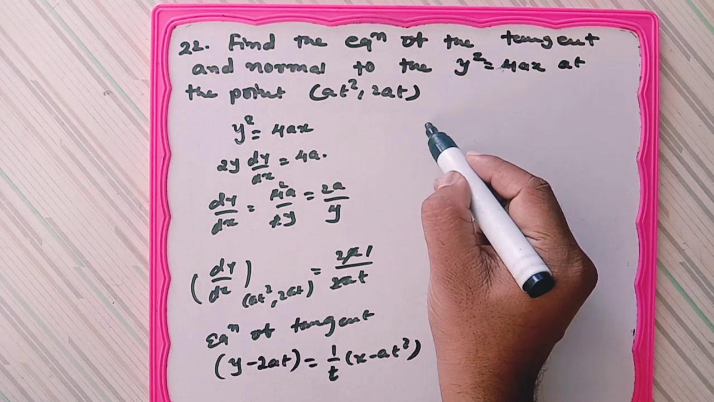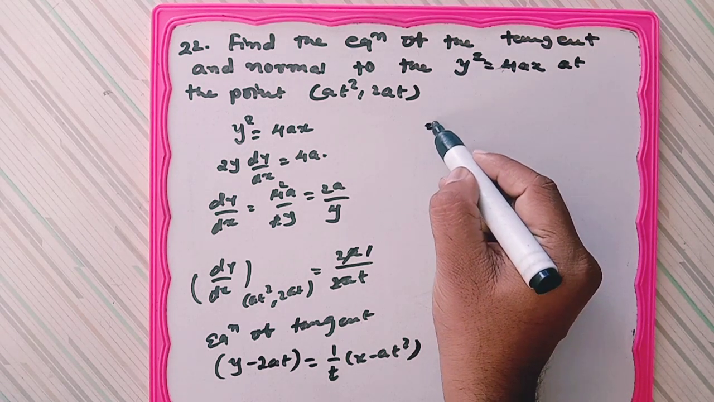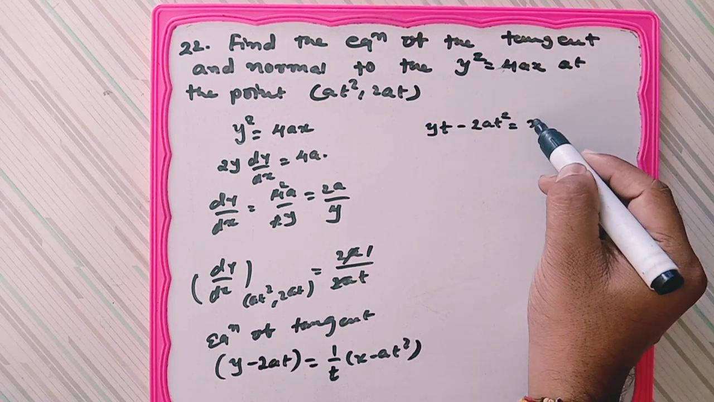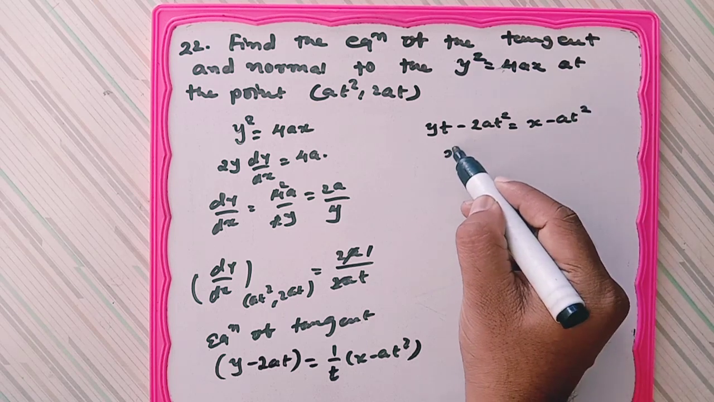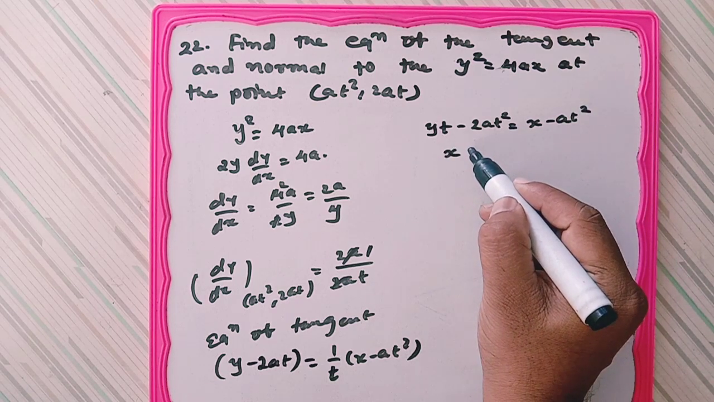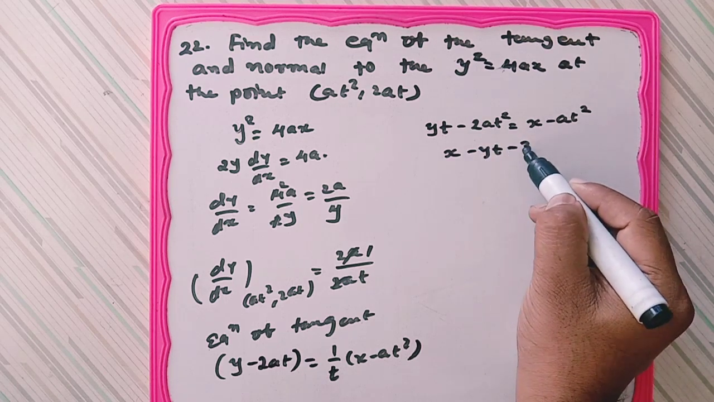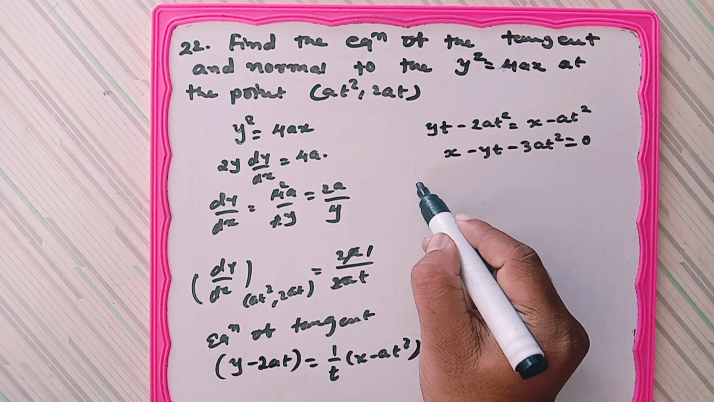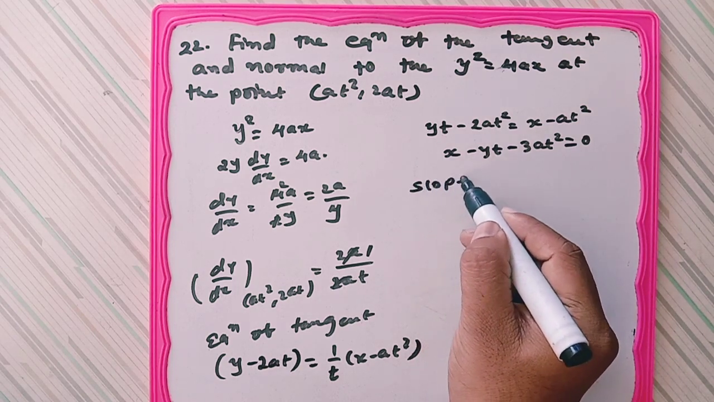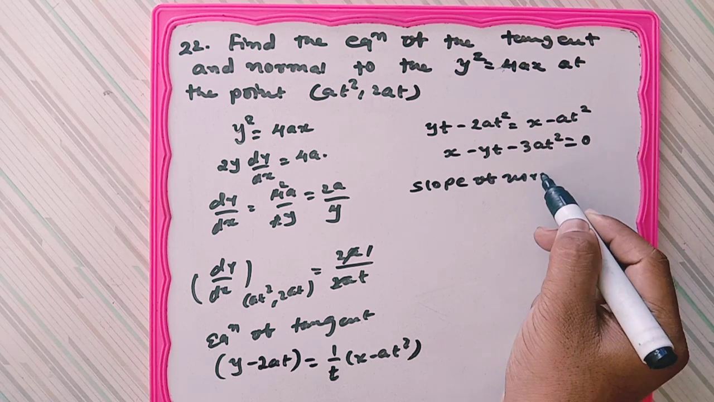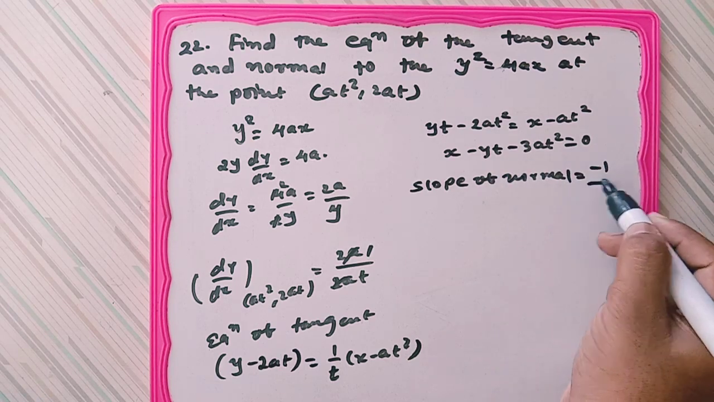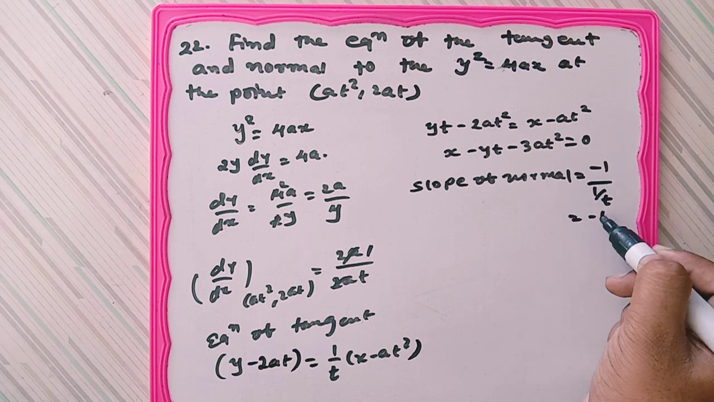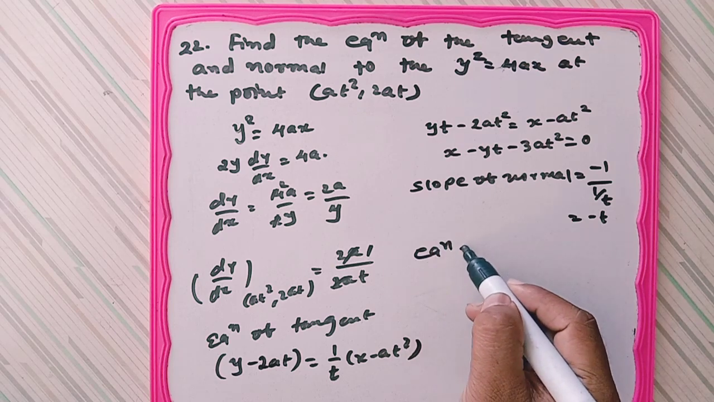So we can simplify (y - 2at)^2 = 4a(x - at^2), so x - yt - at^2 = 0. Now for the slope of normal, minus 1 upon slope of tangent means minus 1 upon t, so it is minus t, and so the equation of normal,